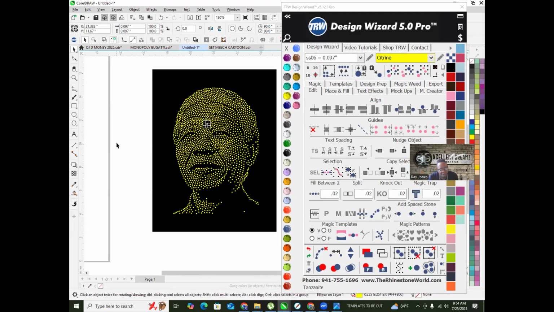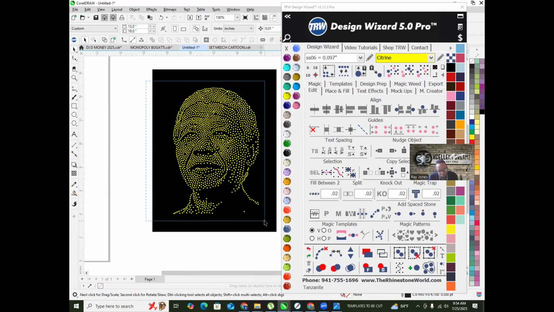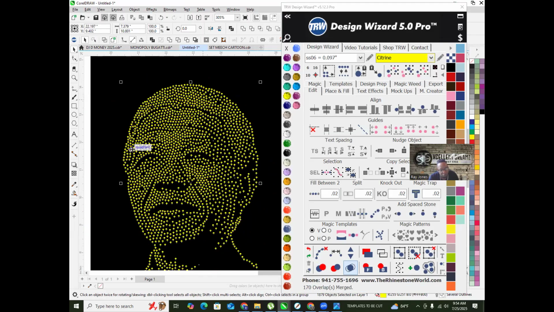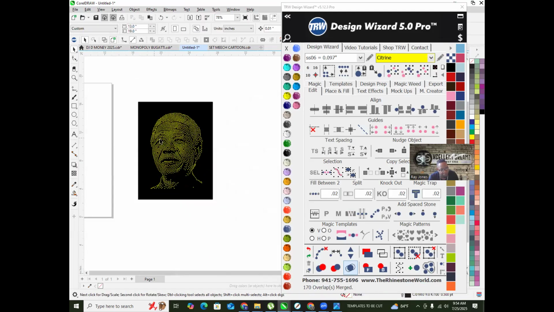0.097. I'm going to highlight it again. We're going to come down here and click on remove overlapping stones. Boom. Any stones that are overlapping, it's going to remove the overlapping stone. Now you can go in here and fine tune it if you like to,